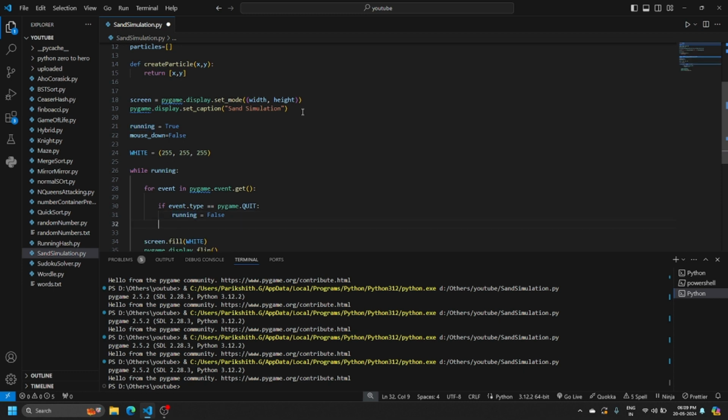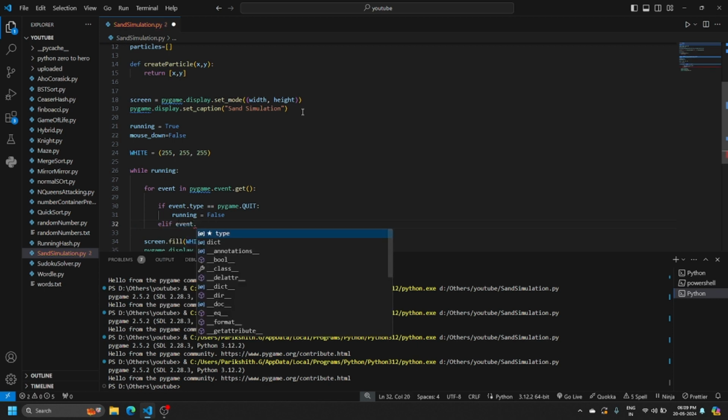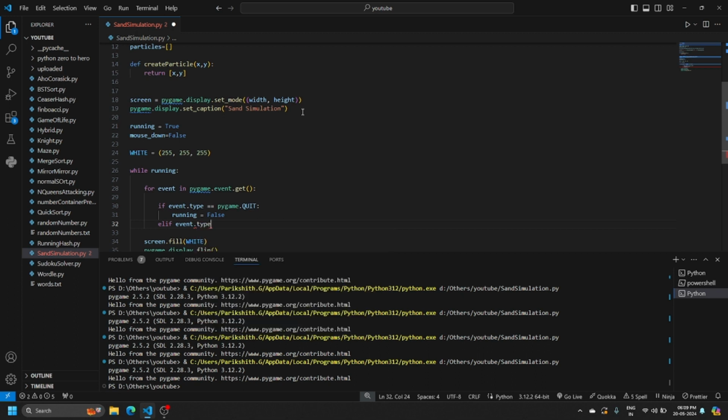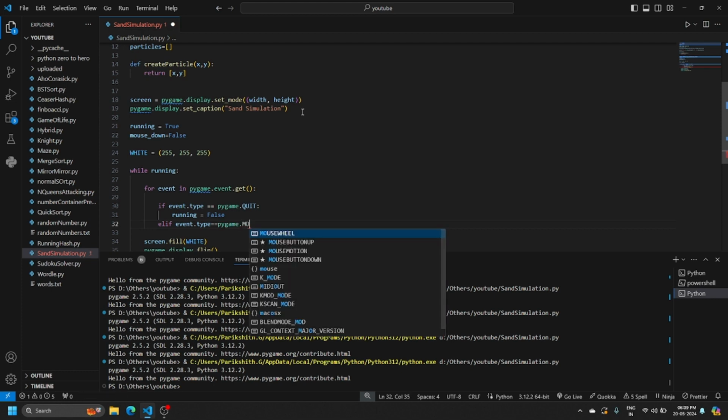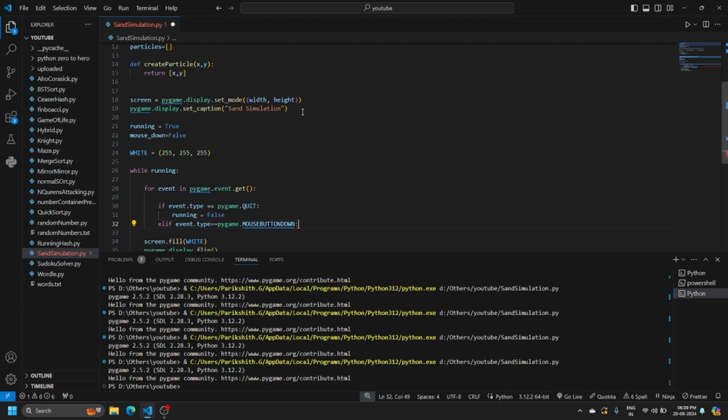Whenever event dot type is equal to pygame dot mouse button down,